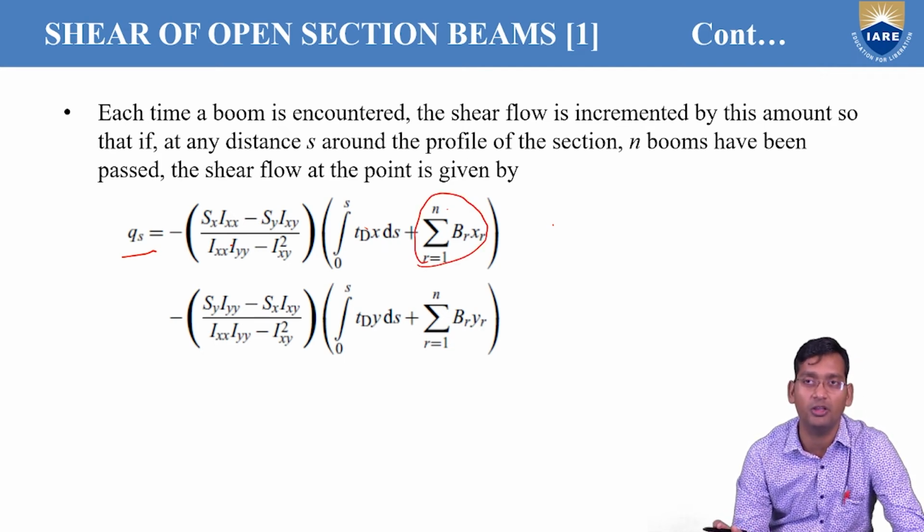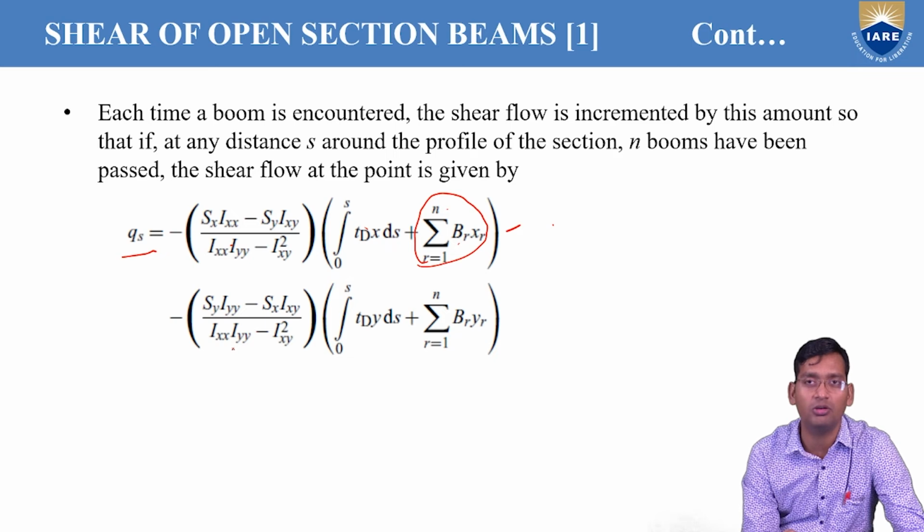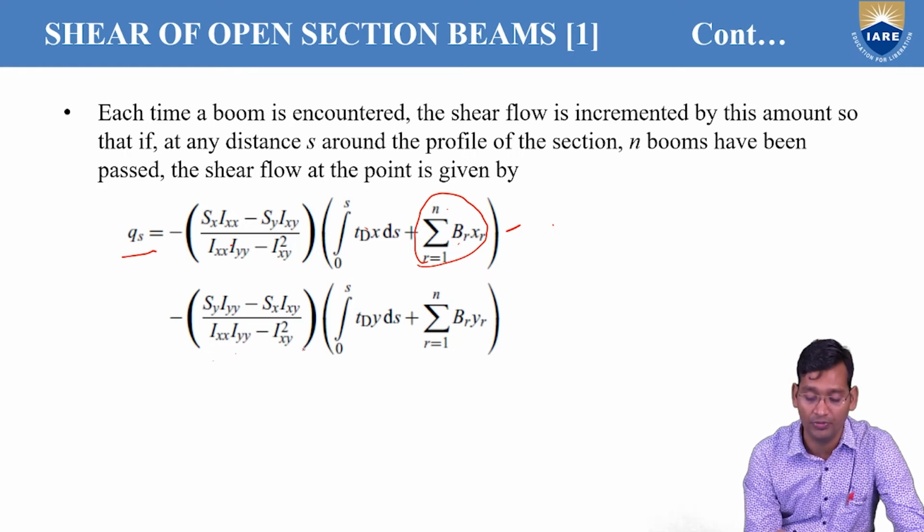If 5 booms, means r equals 1 to 5. If 10 booms, means r equals 1 to 10. And according to that only, this also will change. That is B1 x1 plus B2 x2 plus B3 x3, and so on up to B10 x10. Okay, so this is for this. Minus, again that Sy term will be common. So (Sy Iyy minus Sx Ixy) by (Ixx Iyy minus Ixy squared)